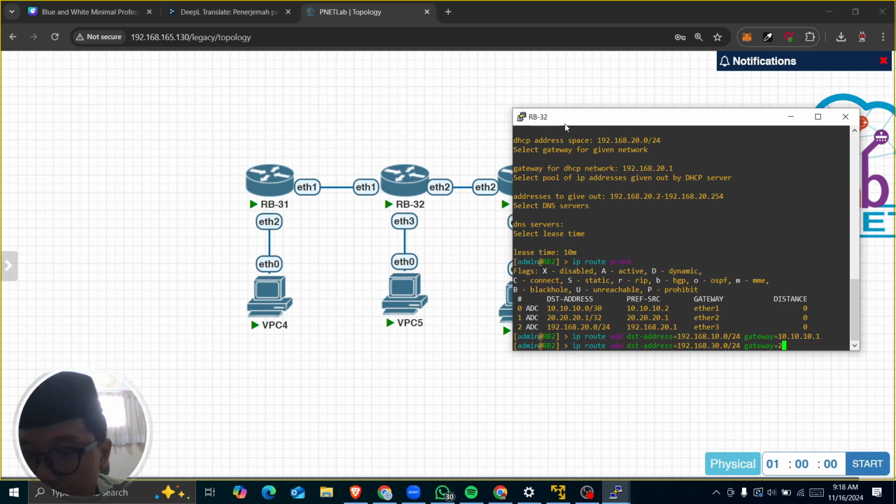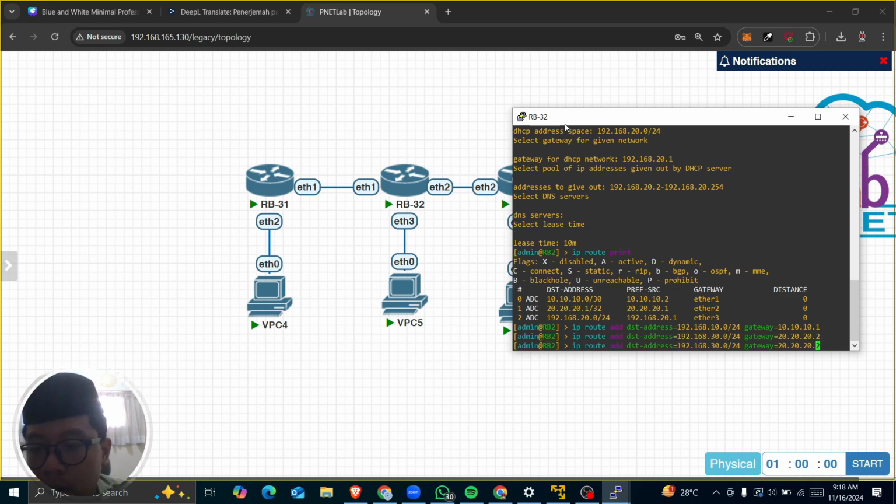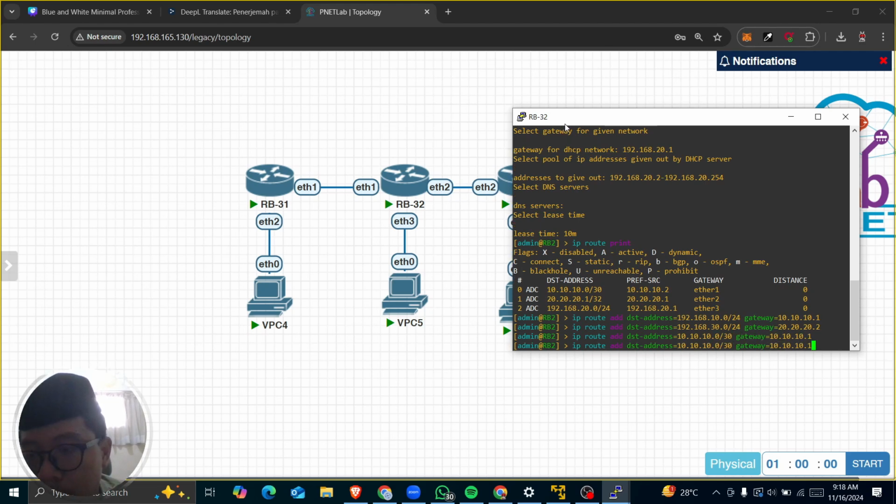The gateway is 20.20.20.2. Next, the 10.10.10.0/30 network. Oops, the gateway is 10.10.10.1. Oops, a little bit. Nah, and enter. The next is to the 20 network.